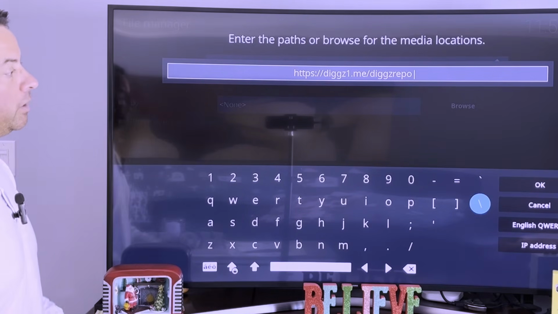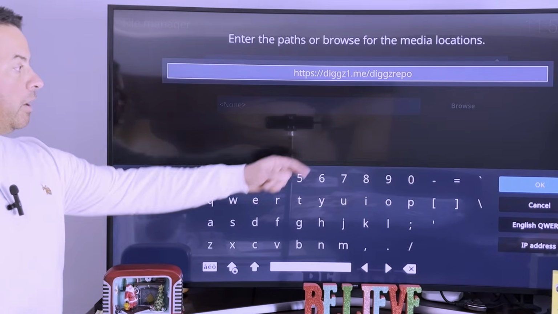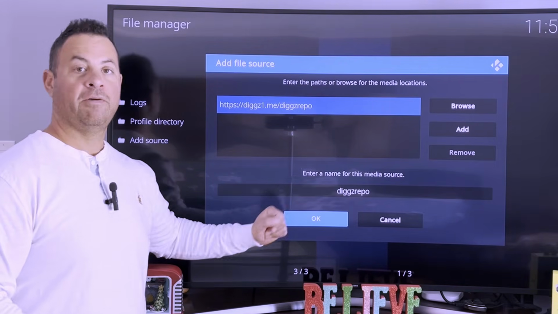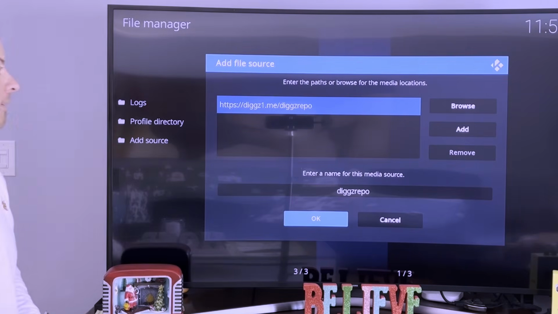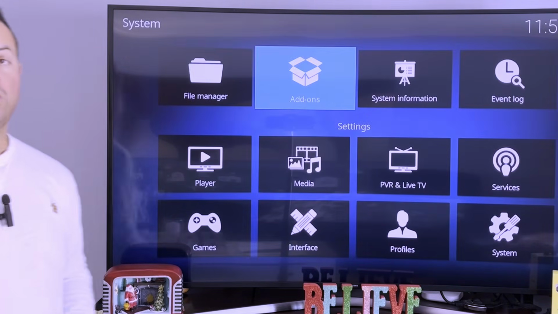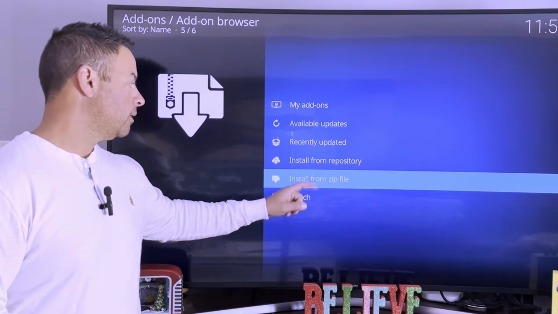We can go over to OK. Go over and click on OK. It does give us a name for our source. Click OK. So we can come back out one, and we can go to add-ons, from zip,